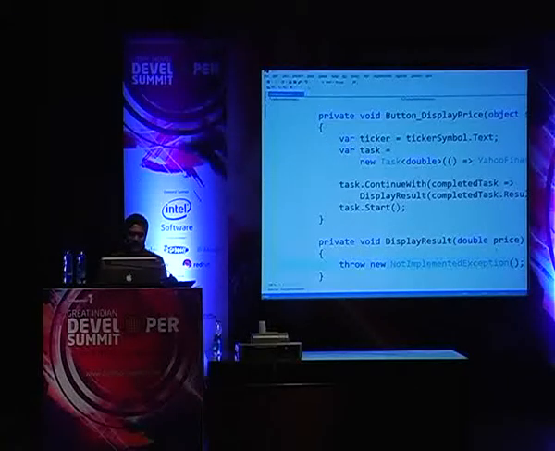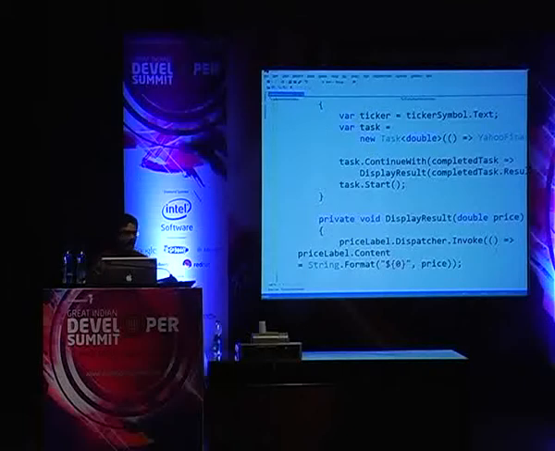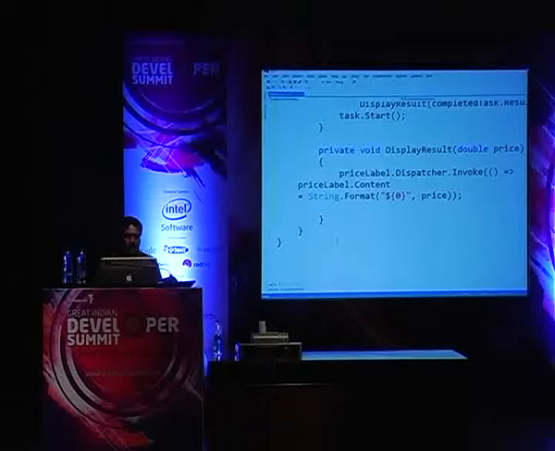And then, of course, once we come in here, we only solved one problem here. And what's the problem we solved? The problem of pool of threads. But the other problem is still with us, right? That you better be in the right thread. Otherwise, you're going to have a problem with updating the UI. So as a result, you still had to call the dispatcher invoke method and then set the content in the dispatcher. That problem didn't go away. You still have to deal with that complexity.